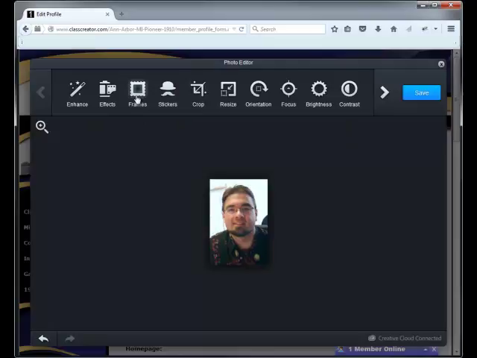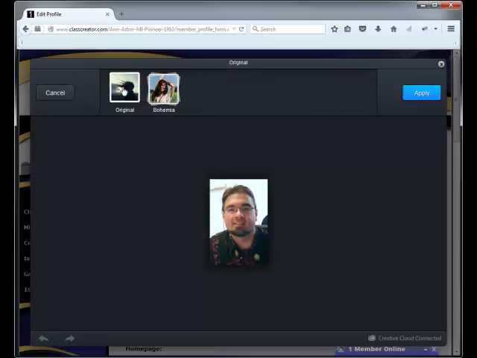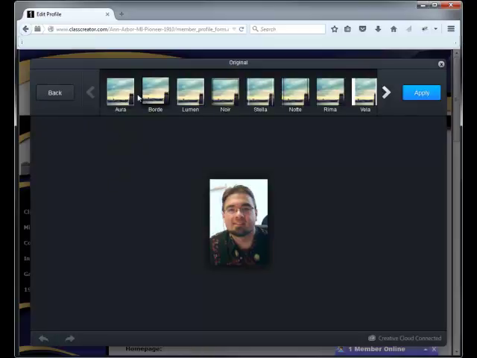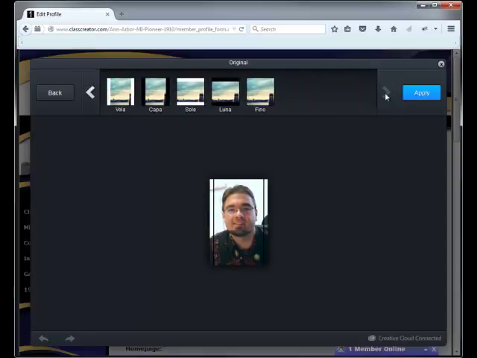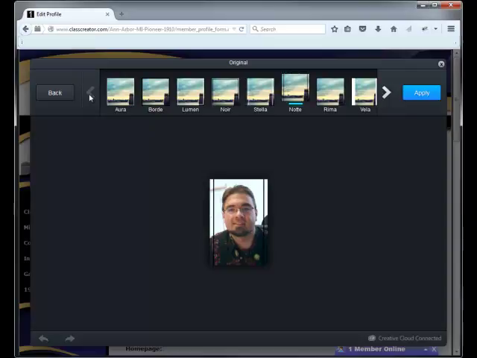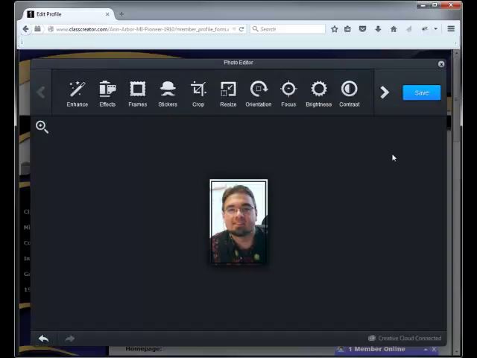and now you're free to move on to any of the other options that are there. So let me go into the frames. And let's see, I'm going to take a look at these. This would be for a border, adding a white line. There's a lot of options. In fact, if you scroll once again left and right, there will reveal additional options. I think in this case maybe I'll go with this particular border, and I'm going to hit apply,